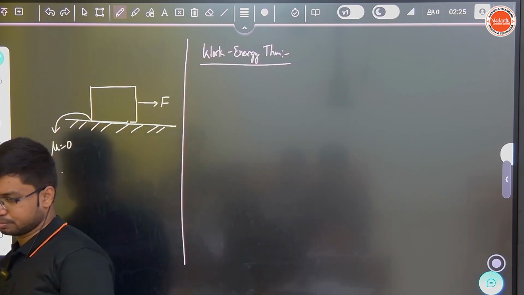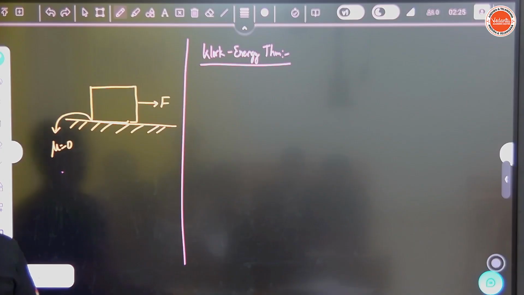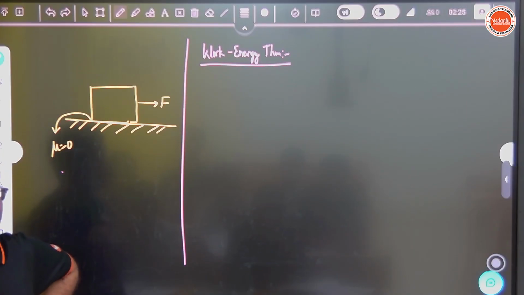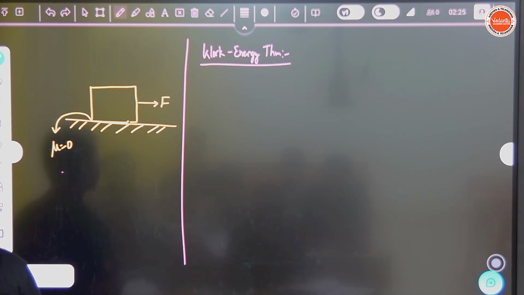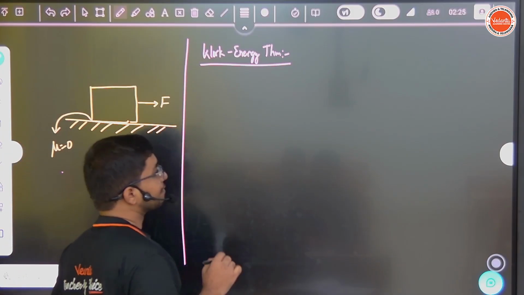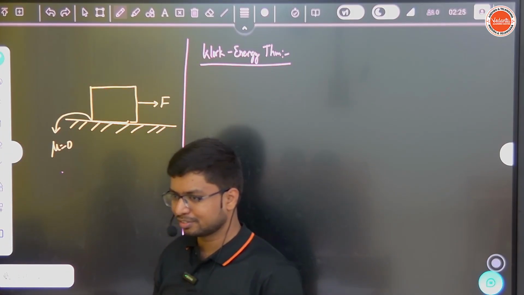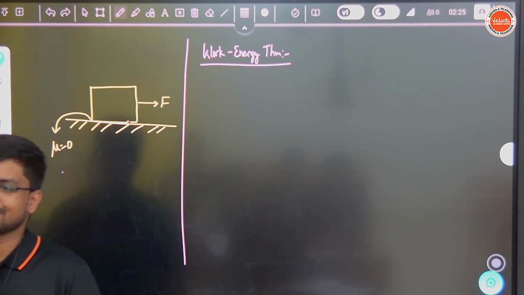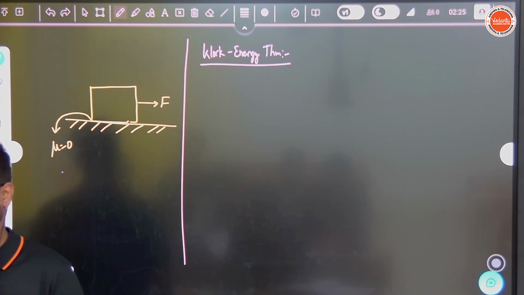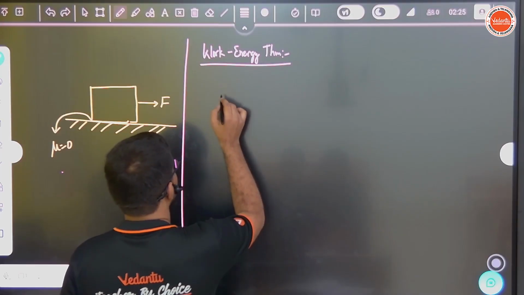So, what is your work energy theorem? At least the statement you should be knowing. What is that? Work done by all forces. All forces means what does it all include? Conservative forces? Are the non-conservative included or not included? Change in kinetic is equal to? Right. So what work energy theorem says is that,